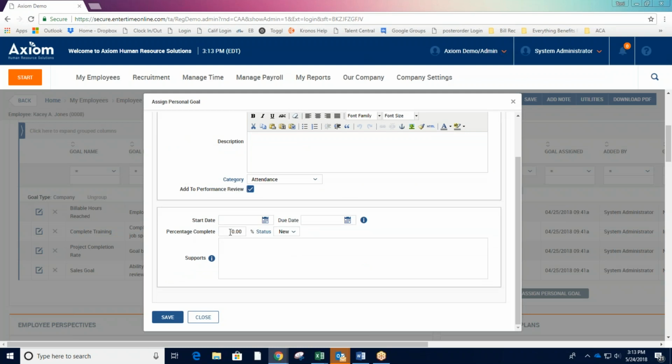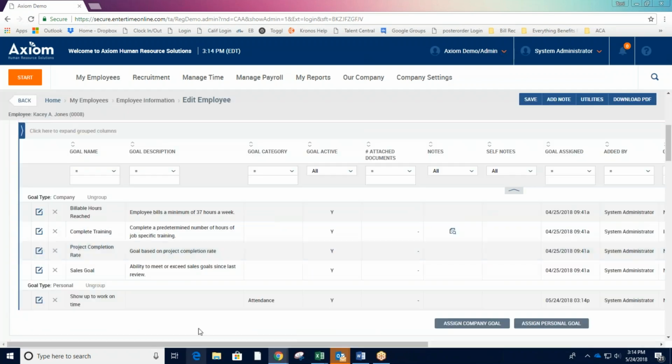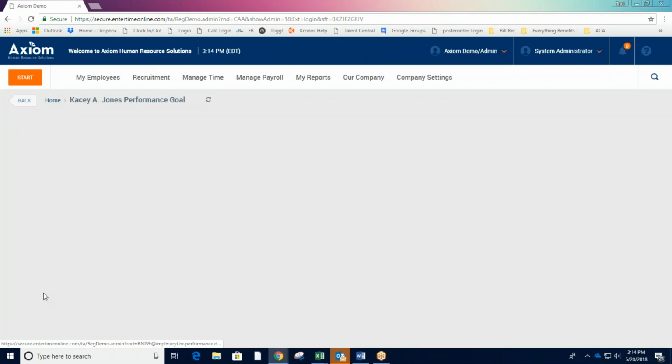So right now our percentage is at 0%. The status is new. We're starting today, and we're going to say the supporting details are Casey is consistently late. And we're going to save it. So now Casey has a personal goal for attendance, and her manager or an admin can go into this goal at any time,